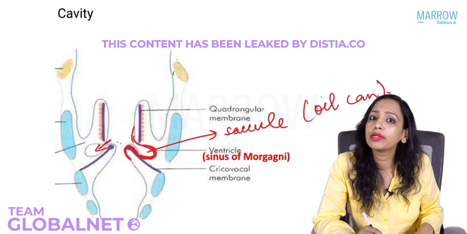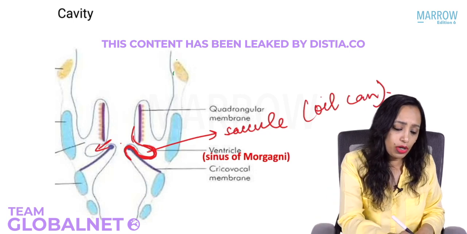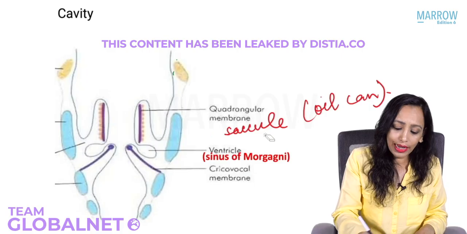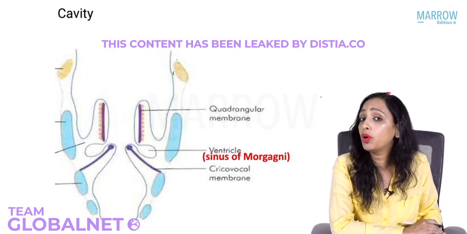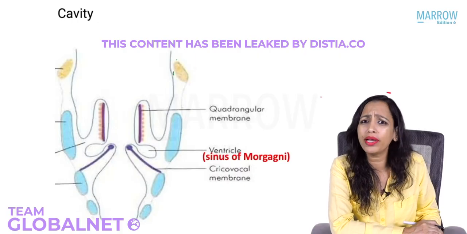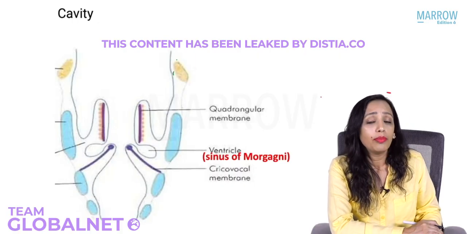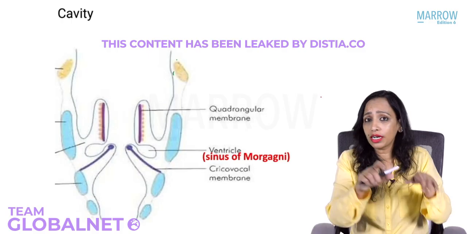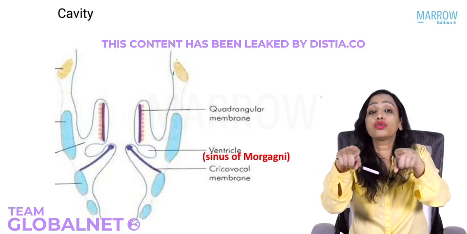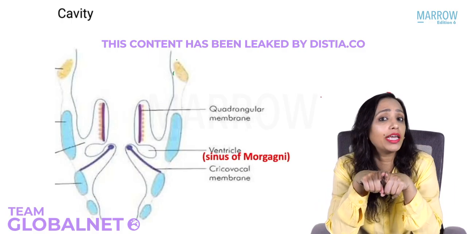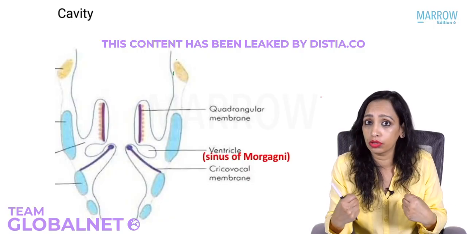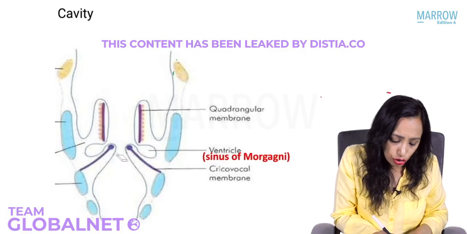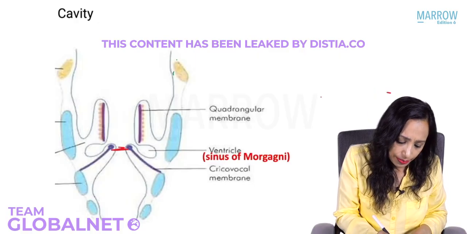Now sometimes what happens is that in people who blow against a closed glottis, what's the meaning of blowing against closed glottis? It means that the two vocal cords are in midline. When are the two vocal cords in midline? Whenever the person is speaking. So whenever the patient is speaking, at the same time he is blowing down also. The two vocal cords are in midline.